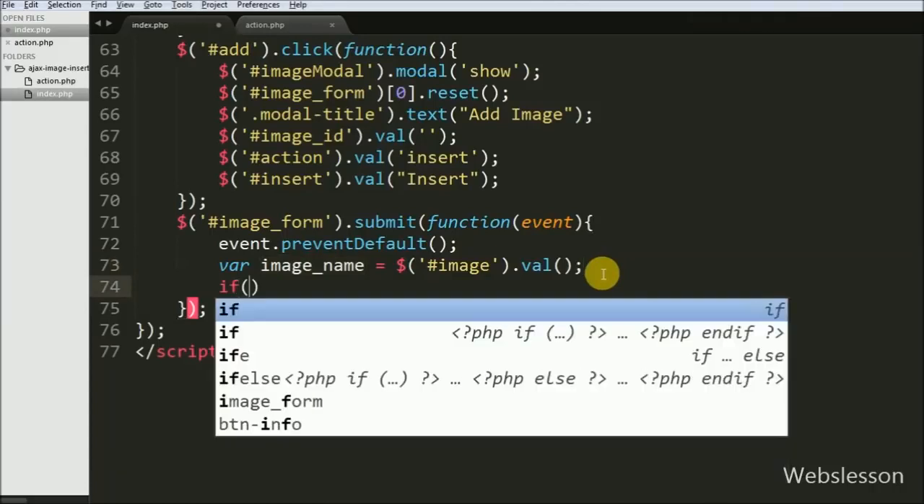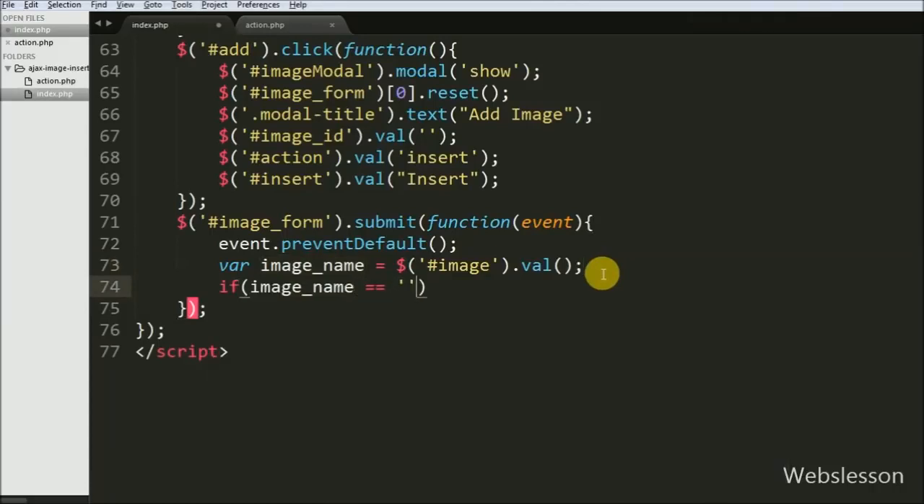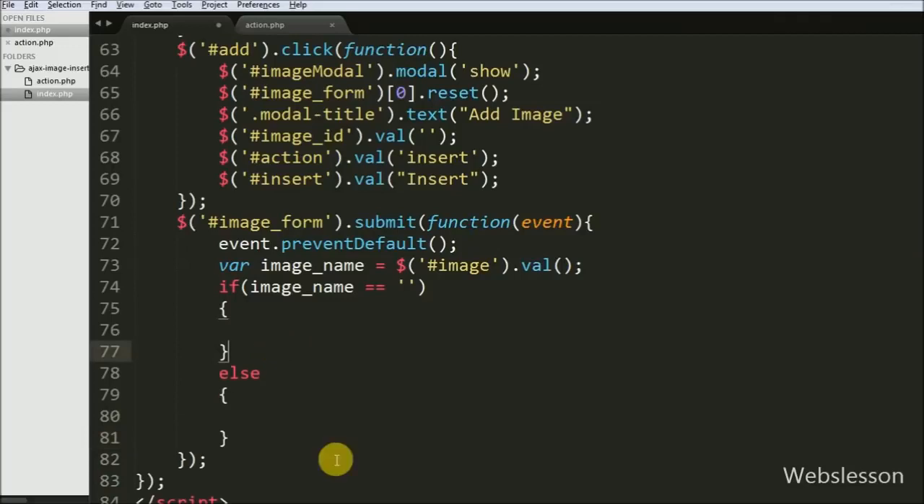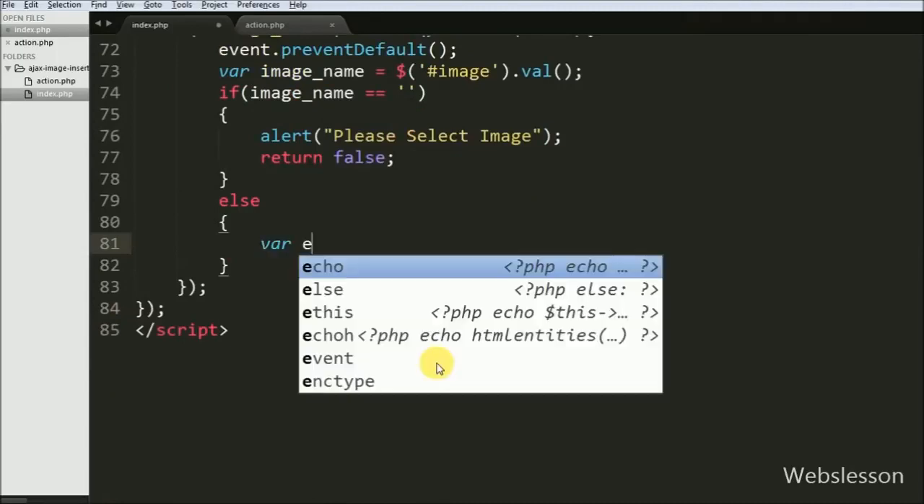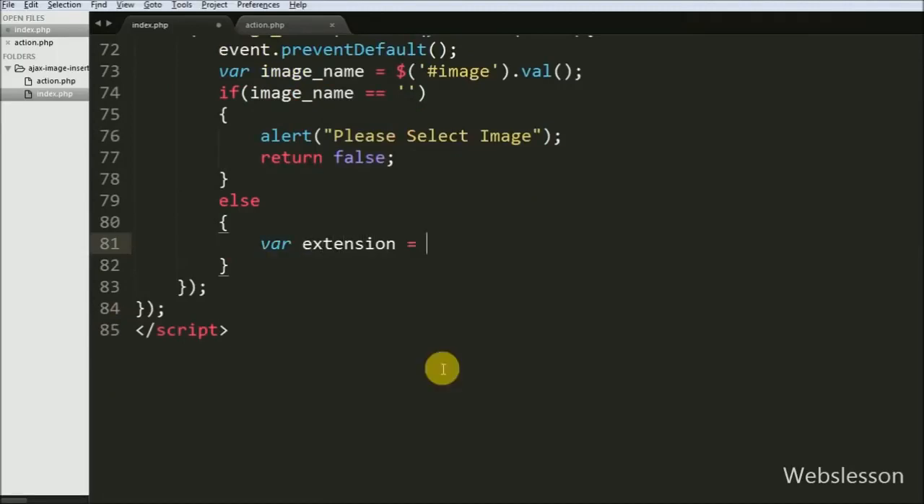After this we have written an if statement with the condition image_name equal to blank. This condition checks whether the image_name variable has some data or not. If the image_name variable is blank, then it will execute the if block of code, and under this block we have written an alert message box with the text Please select image. This pop-up message will appear on the web page if we have not selected any file and directly click on the insert button. But suppose we have selected a file, then first we want to validate the extension of the selected file, so